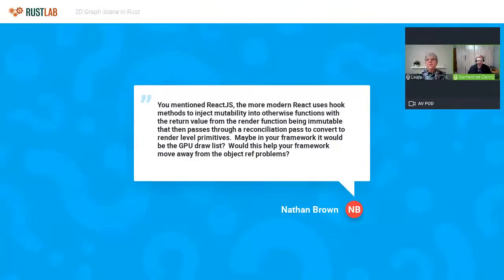Yes, I think doing something along the line of React with hooks is definitely something to consider. I haven't looked into it that much. As I said, I've been working mostly on the back end part right now. I haven't played too much with the top level yet. But if I recall correctly, the Moxie library that I referenced is very inspired by React, and it uses tracing of when you call functions to do something very similar to React hooks.